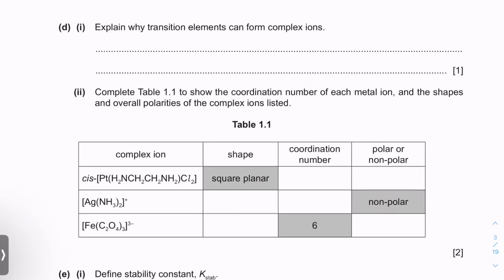I really like this question. Explain why transition elements can form complex ions. Really simple, they have d orbitals available और उसकी वजह से the ligands can make dative bonds with them. So transition metal ions or transition ions have d orbitals available to make